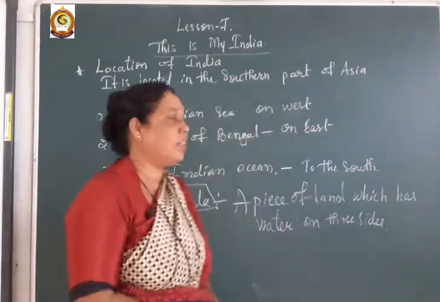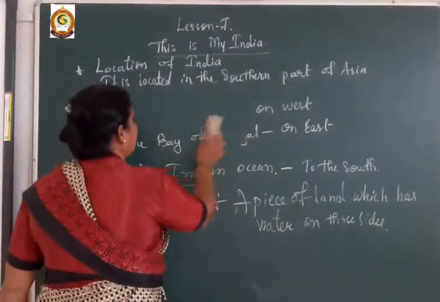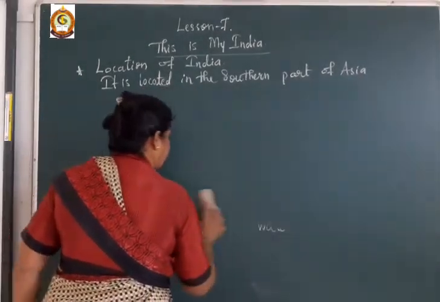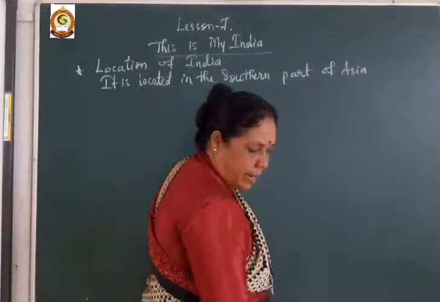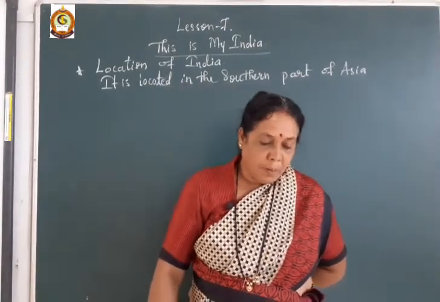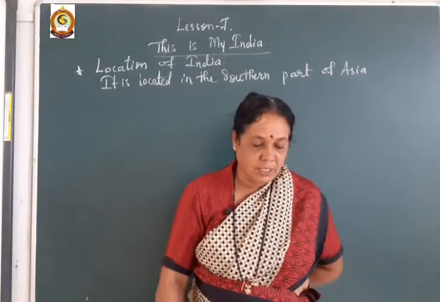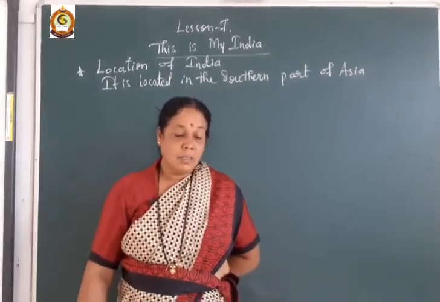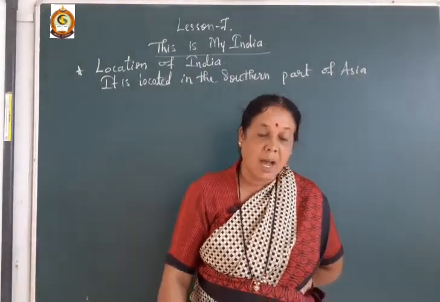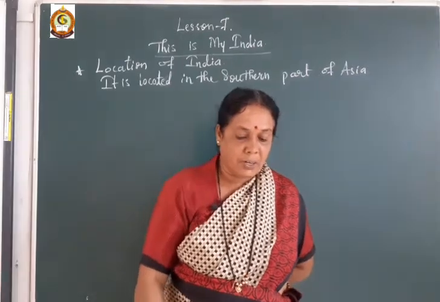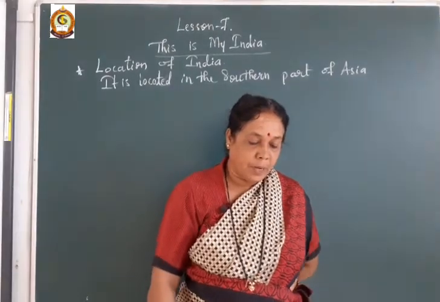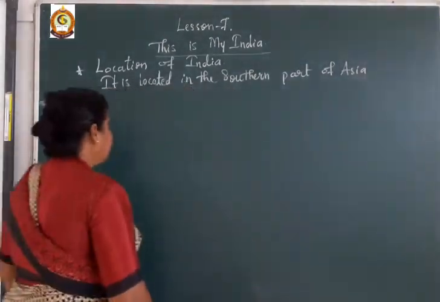Understand, dear student? After this, we are learning about the neighbors of the country. Means our country India has neighboring countries. So, we will learn about the neighboring countries. India has several neighboring countries. Okay. So, Pakistan and Afghanistan to the west, Nepal, Bhutan, China to the north, and to the south we have Sri Lanka and Maldives, and Bangladesh and Myanmar are located on the eastern boundary. Okay, dear student. So, these are the neighbors of India.